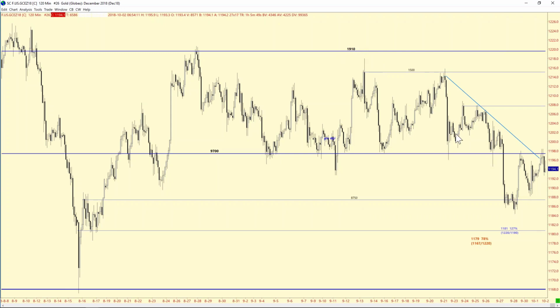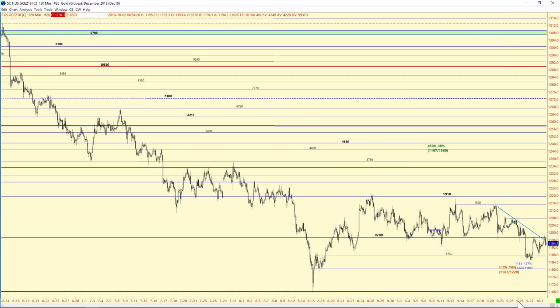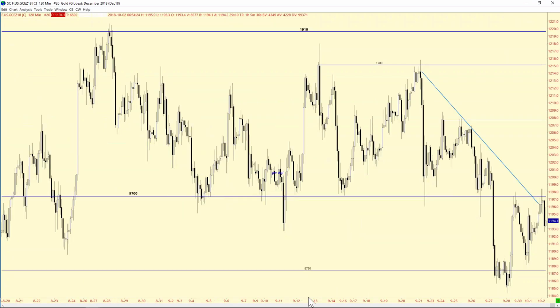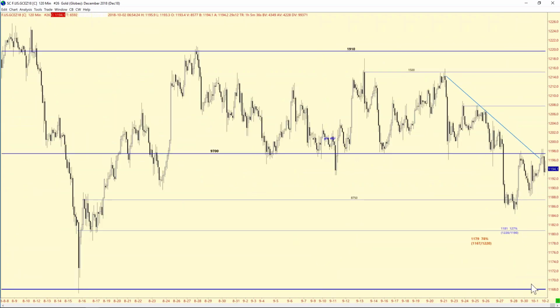And I think after the people who got knocked out of the box, the concern or the fear is that we move even lower down here, especially with the dollar. I just don't see gold making any significant move until after NFP. Because if NFP comes in strong, it really would open the gold market to move down here towards 1174.